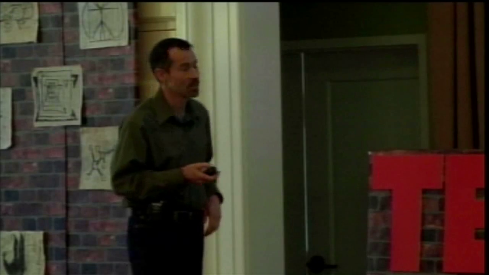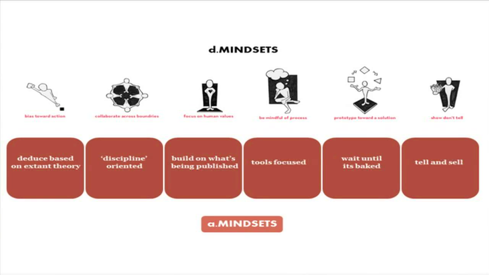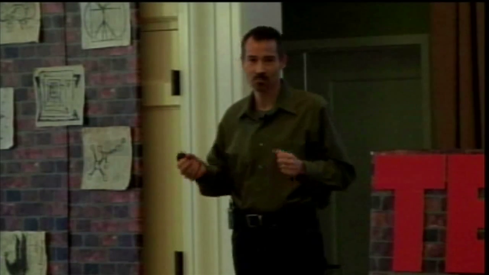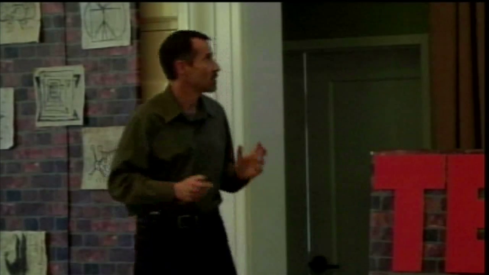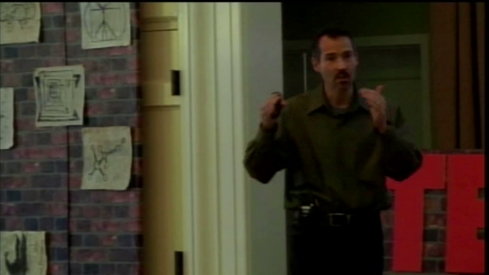So first of all, bias towards action. With an academic mindset, we tend to want to take different theories, find out how they conflict, and then resolve that, right? So this idea of exploration is not a comfortable one. Collaborating across boundaries. The top ranked journals in my discipline are functional journals. They are not interdisciplinary. The best conferences to go to in terms of the ones to put on your resume are the functional discipline ones. They're not the interdisciplinary ones. It's just not rewarded. Focus on human values. Now, I want to focus on what's being published so that when I submit the article, it is familiar ground to the reviewer, and my chances of getting published are higher.